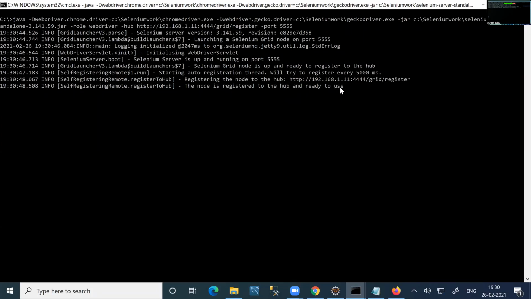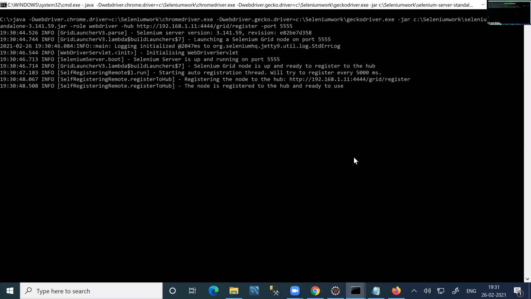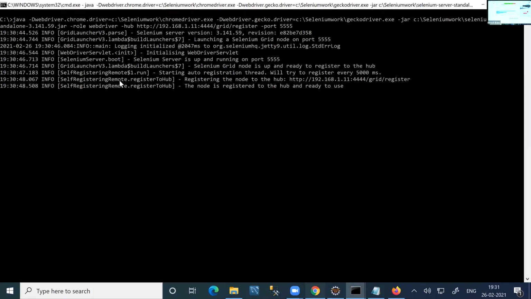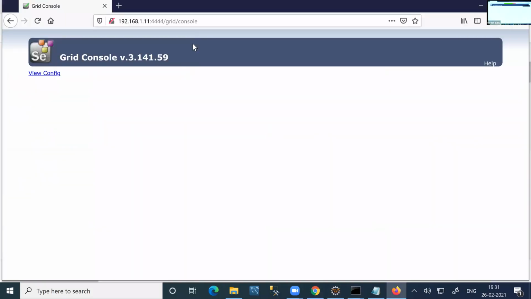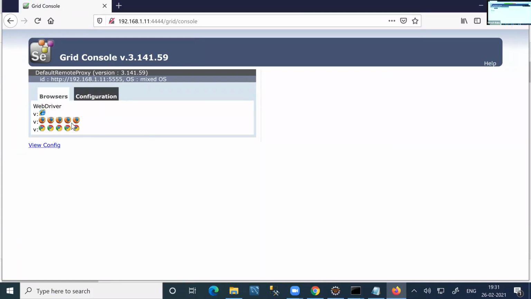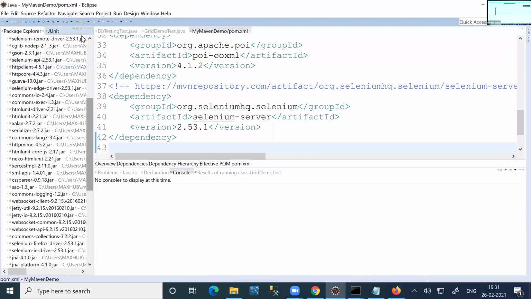The node is registered to the hub and ready to use. If you refresh the console, here it is. Okay. Once it is done,